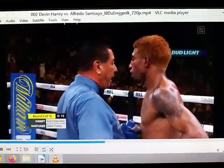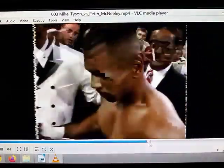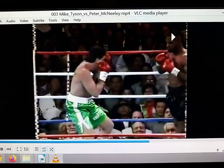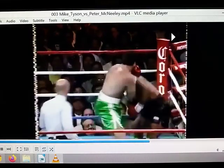And again, it is a good move by Haney, who is young, and it reminded me of another fight you probably remember, Tyson against McNeeley. Let's see this sequence. So basically, McNeeley charges at Mike, and Mike does exactly the same move. You see, look, uppercut, roll,